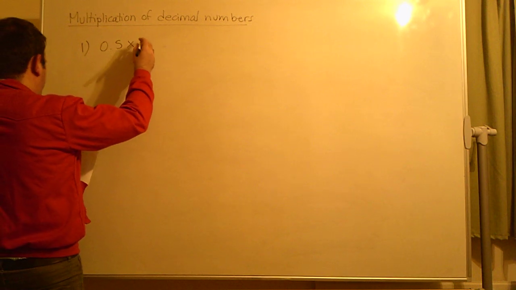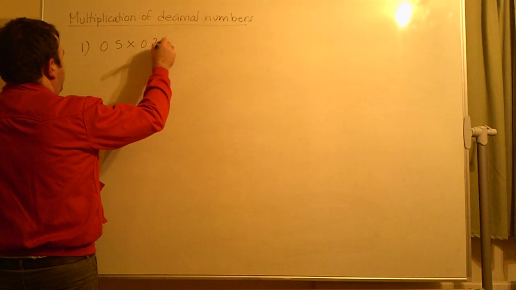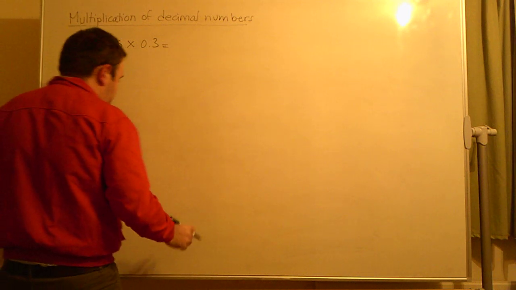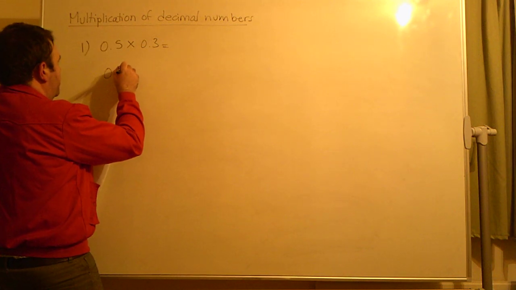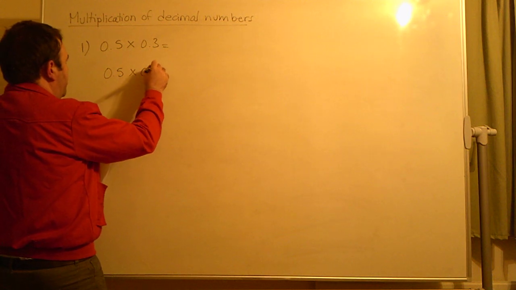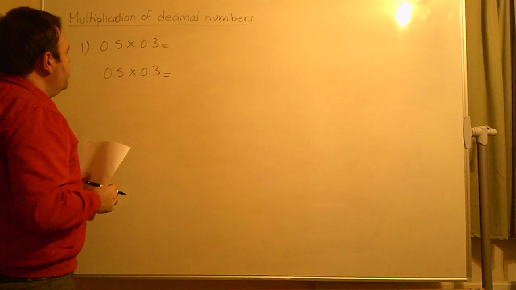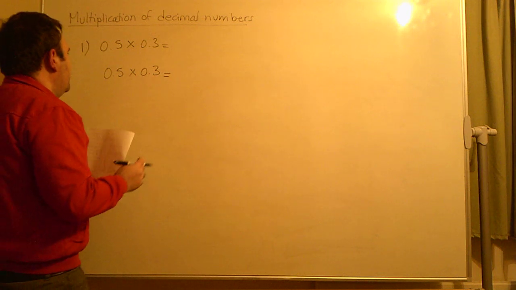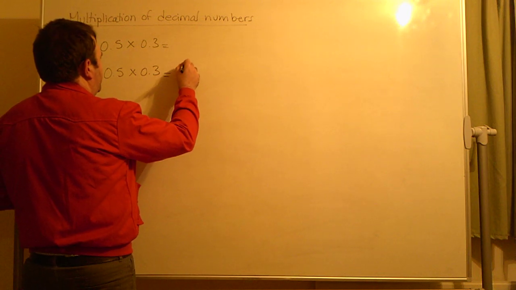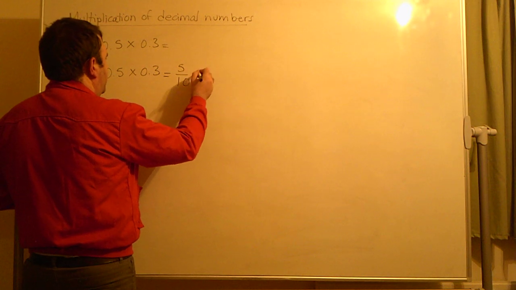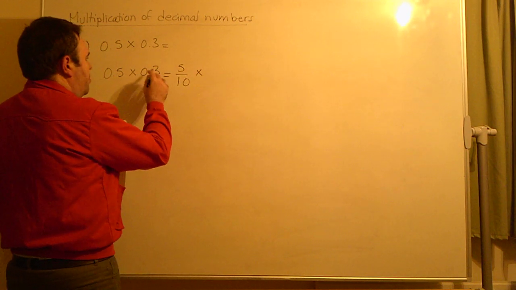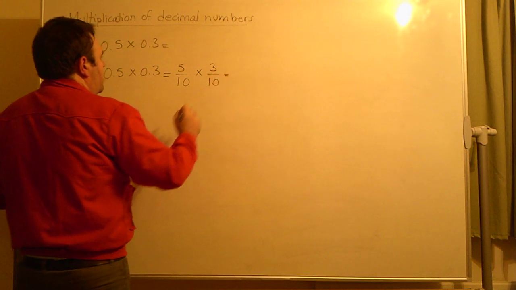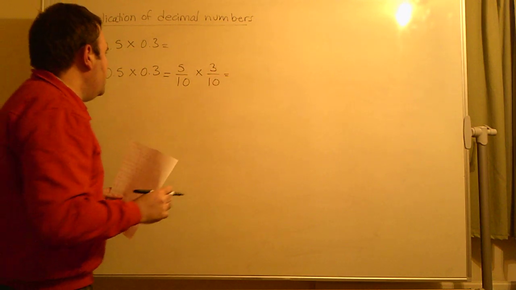0.5 times 0.3. So what we do in this case, I'm going to write it down here, 0.5 times 0.3. The best way to do it in my opinion is to express this as a decimal fraction. So 0.5 is equal to 5 divided by 10 times 0.3, which is 3 divided by 10. So 5 times 3 is 15